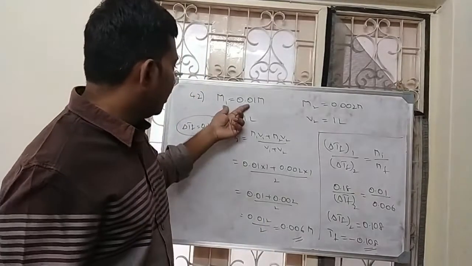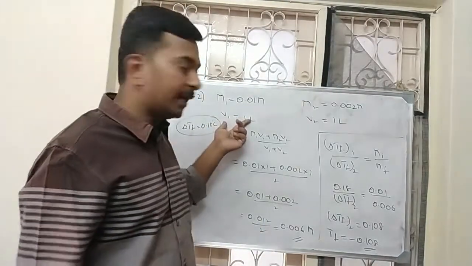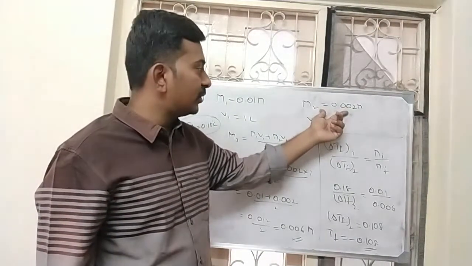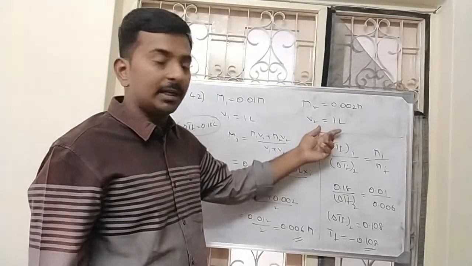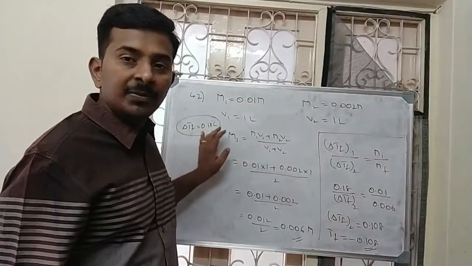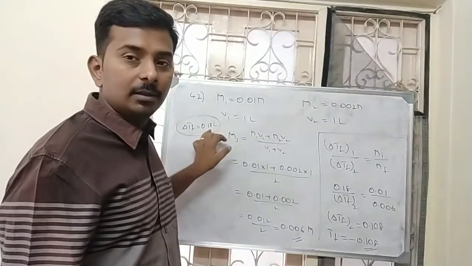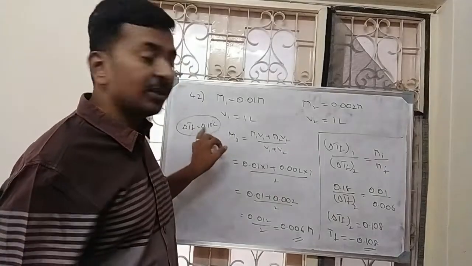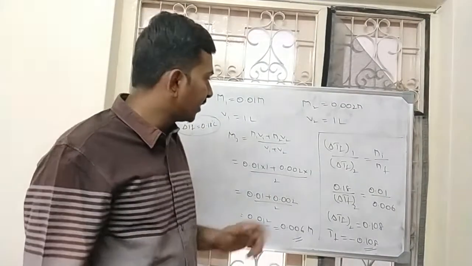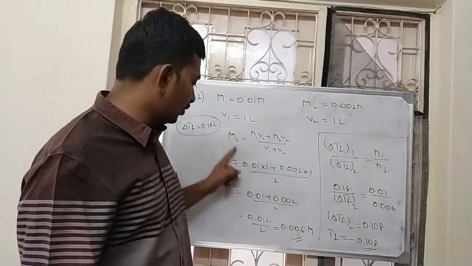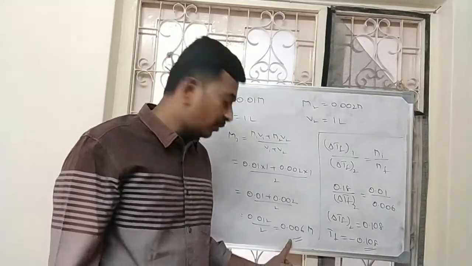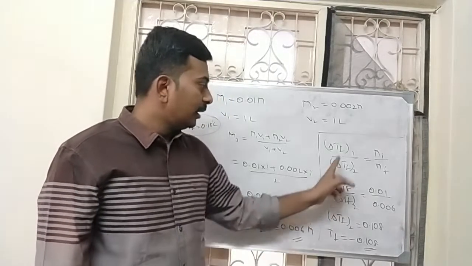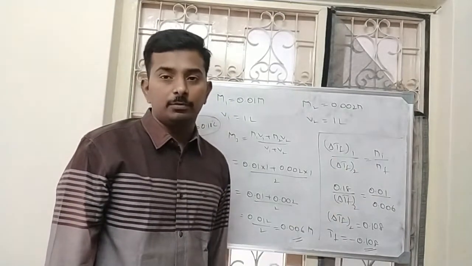So once again, initial concentration of the solution is 0.01 and the volume is 1 liter. And the other solution concentration is 0.002 molar, volume is 1 liter, and for this solution they are telling the freezing point depression is 0.18 degrees centigrade. Actually freezing point of solution is given, so depression in freezing point will be plus 0.18 degrees centigrade. We are mixing these two. When we mix these two, we need to calculate the resulting concentration. So what is the resulting concentration? 0.006 molar. And depression in freezing point is directly proportional to concentration.